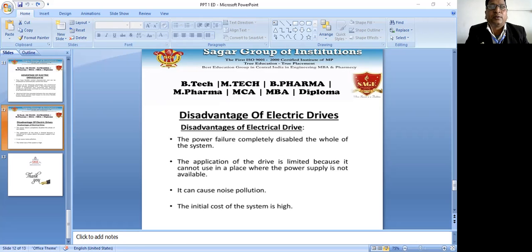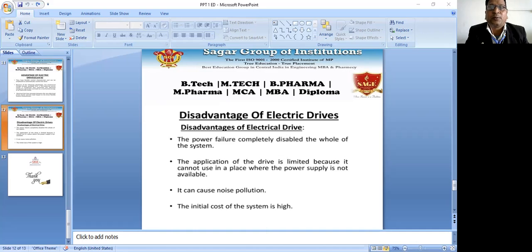Electric drives. What is meant by electric drives, and what types of electric drives are there? The system employed for motion control is called a drive. It may employ any of the prime movers such as diesel and petrol engines, gas or steam turbines, steam engines, hydraulic motors and electric motors for supplying mechanical energy for motion control. So drives employing electric motors are called electrical drives.